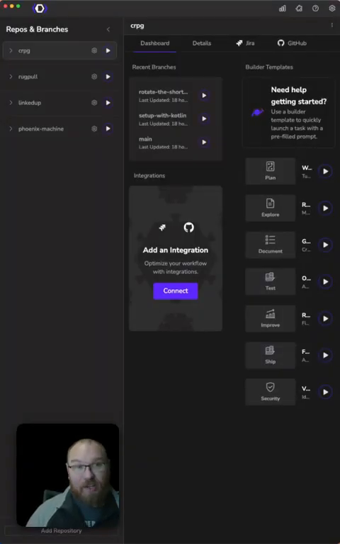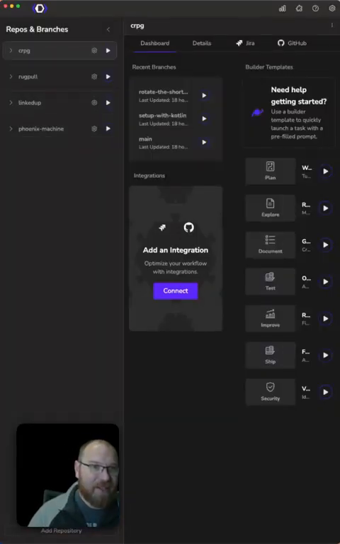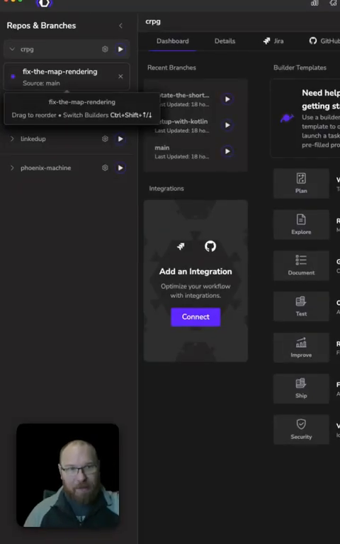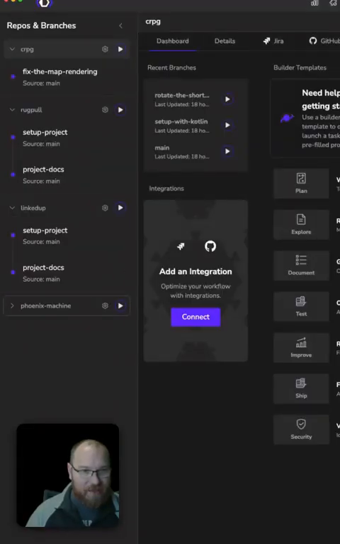So I've got one of my games. I've got an app about day trading I'm calling Rug Pull. I've got an app that I think could make meeting folks at conferences a lot more enjoyable, and another game that I had, it's been on my mind. And so I know on this one, this is an old game, I'm going to work on the fix the map rendering branch. But also in each of these, which are new ideas that I want to get started on,